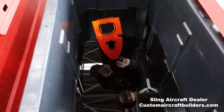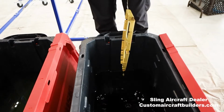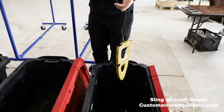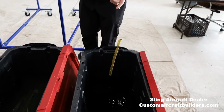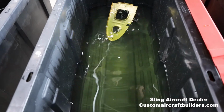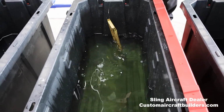All right, so this thing's been in here for several minutes, and you can see it's gotten to be a nice gold color. Let it drip for a couple seconds, and then it goes right inside the water for a rinse off. And then,